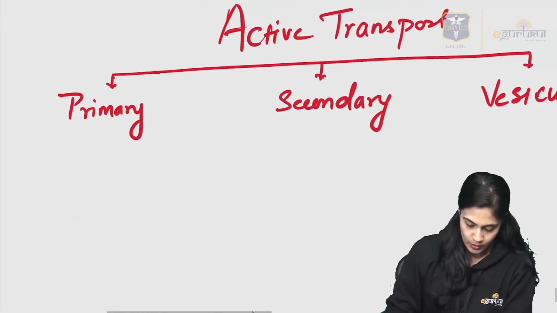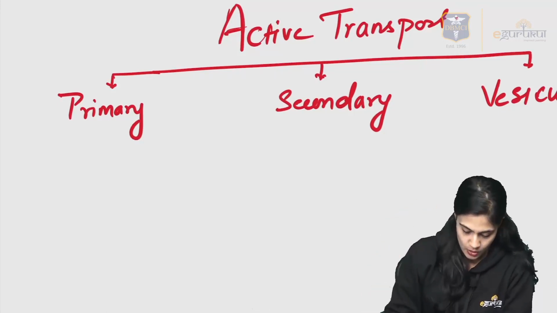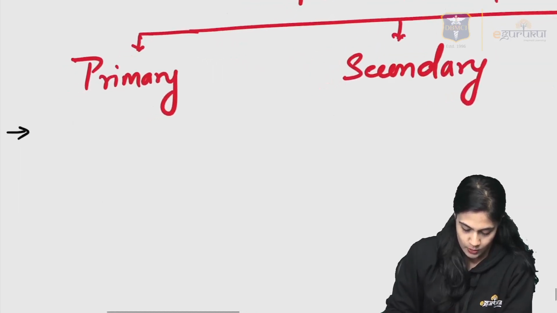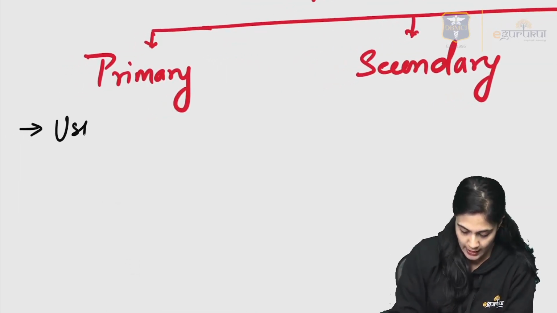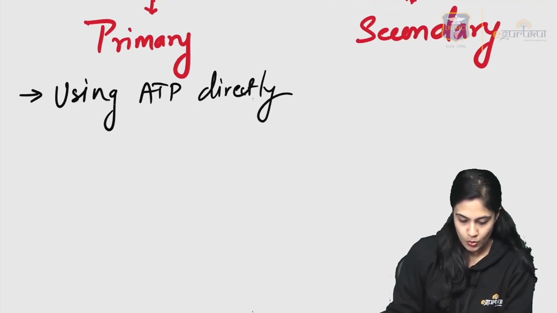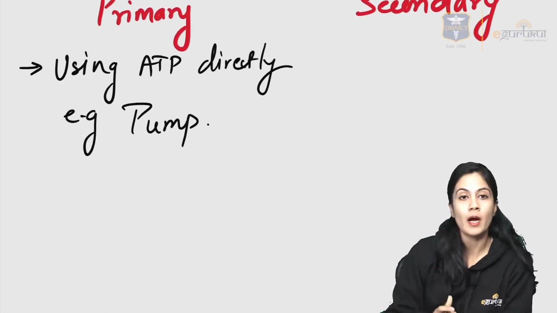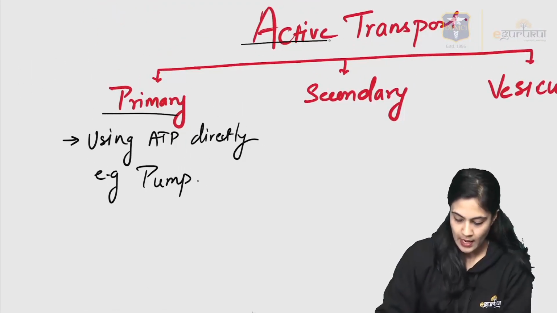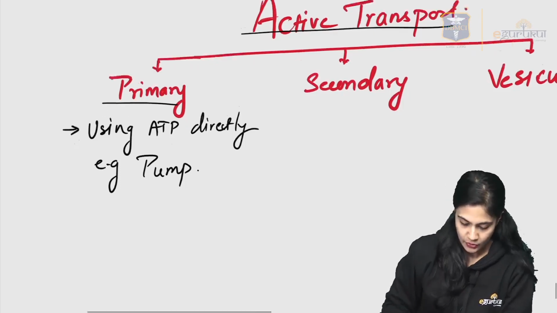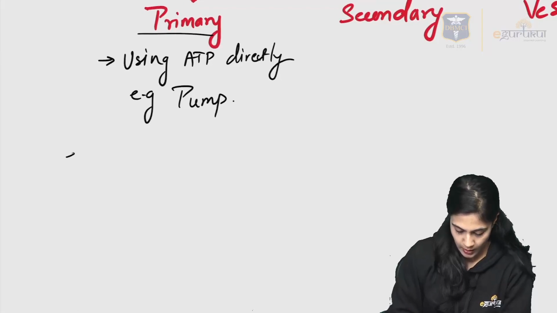What is primary active transport? How will you write primary active transport? Why is it known as primary? Because it is using ATP directly. So what is the example of it? It is the pumps. All the pumps inside the body come under the primary active transport. If you are asked in the exam to give examples,